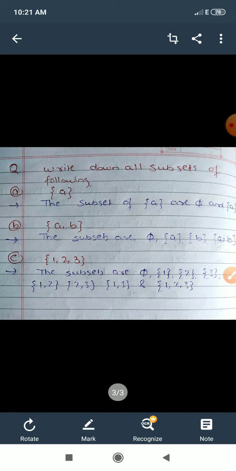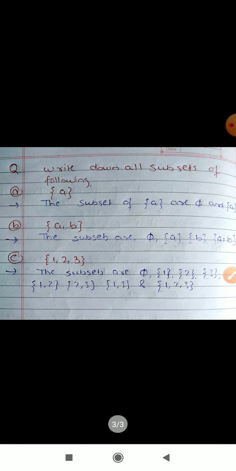I request you, please go through the definitions given in our textbook. Read all the definitions very carefully, because based on those definitions we have to solve the exercises. I hope you understood this. Please keep watching the videos, because this will keep exact track of your exercises, and you can solve the exercises given in the textbook. So keep watching and keep practicing.